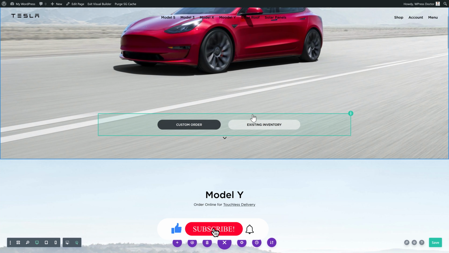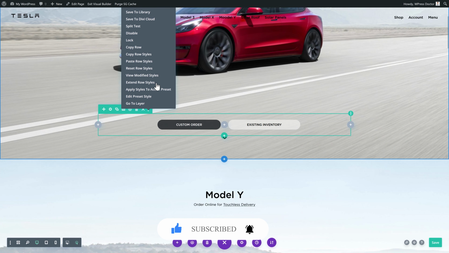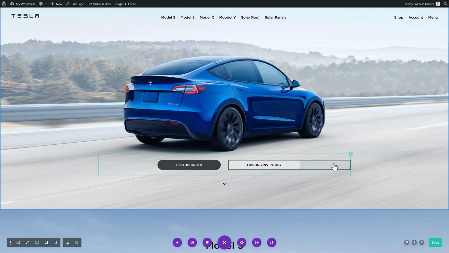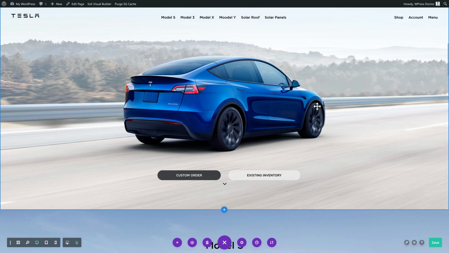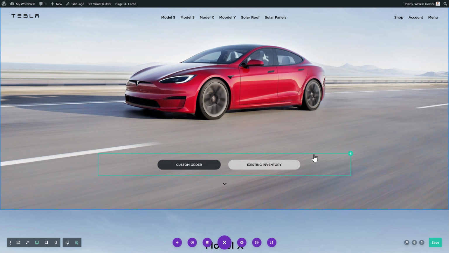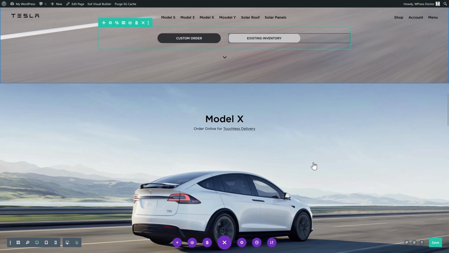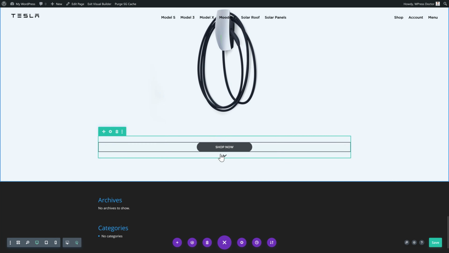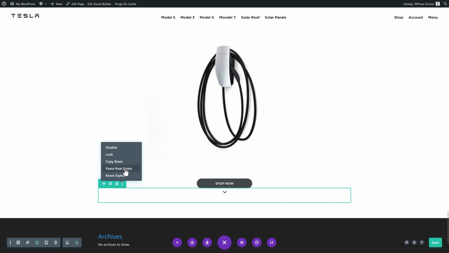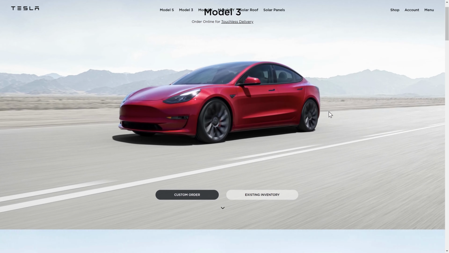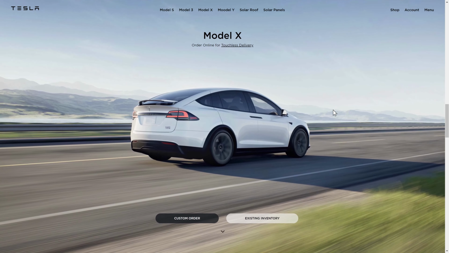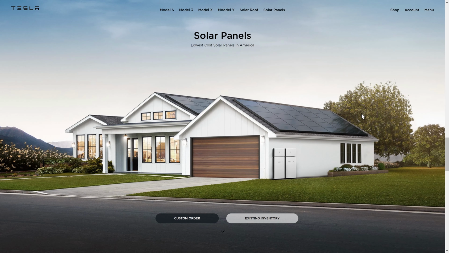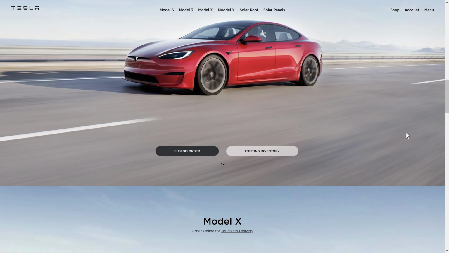Also with this one, I want this. I'm going to copy these row styles like this and I'm going to paste it in over here and I press paste row styles and it goes down. To make it even faster, hold my shift key, click on this one, scroll down, click on this one, and then we're gonna paste row styles again. And also with this one, paste row styles like this. Here we go. And now the website looks actually really neat with all these Tesla products and it just works. So this is pretty amazing. I'm really happy with the result so far.